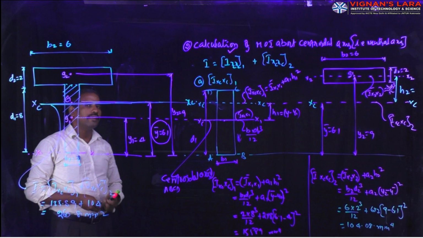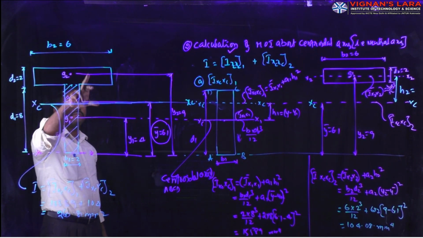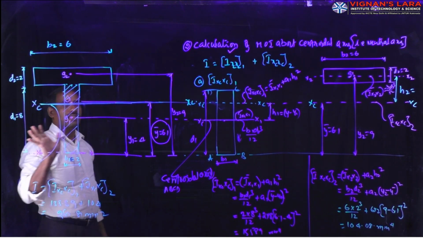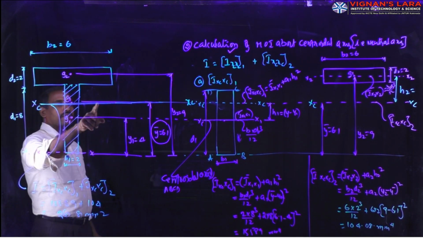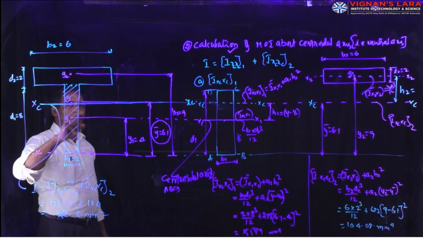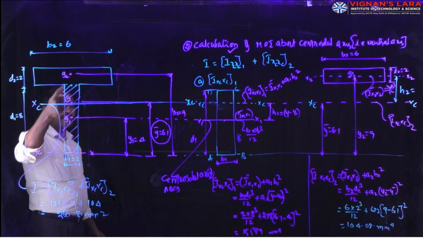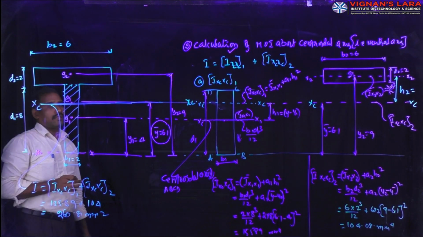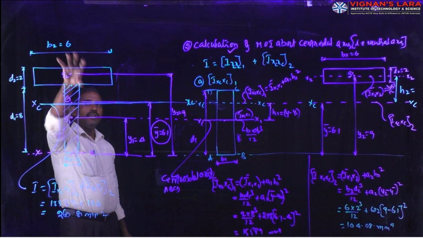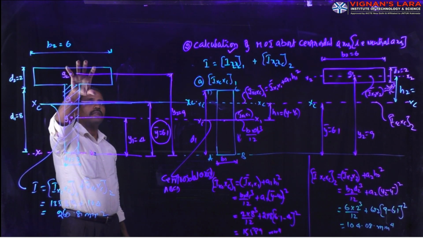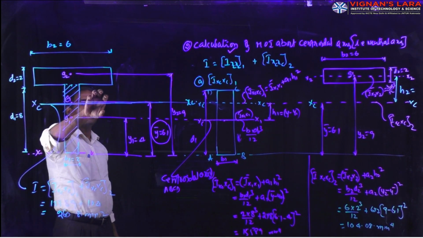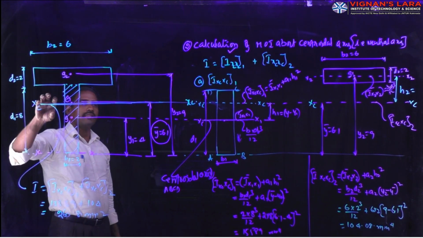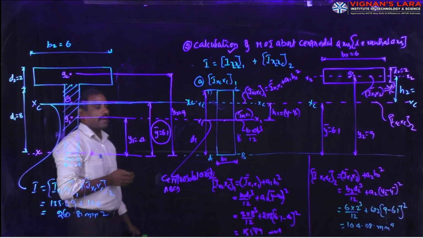What we have to find out? We have to find out the moment of inertia of this composite section about the central axis, represented here as xc. For that, it is neither the central axis of the first element nor of the second elemental area. So always you must find out the moment of inertia of the first rectangle about its non-central axis xc and the moment of inertia of the second rectangle about this axis. For that we are using the parallel axis theorem.